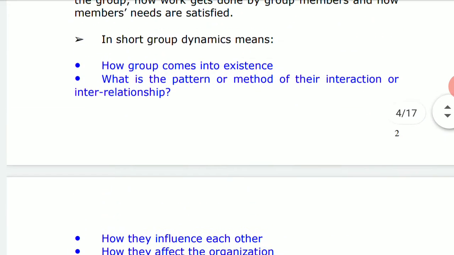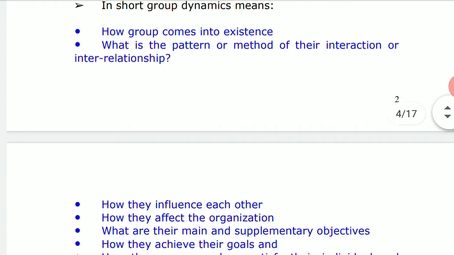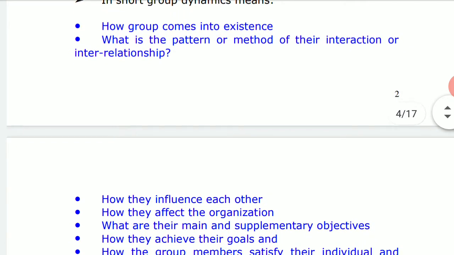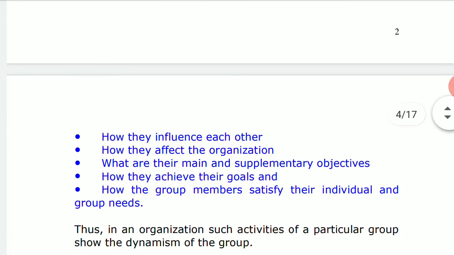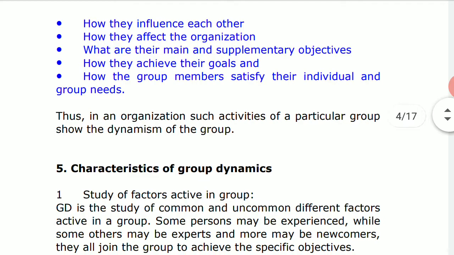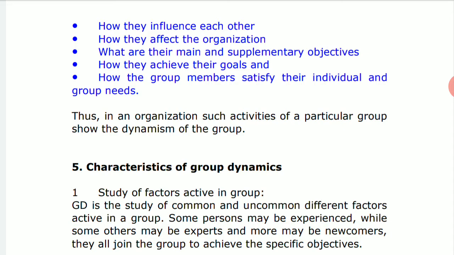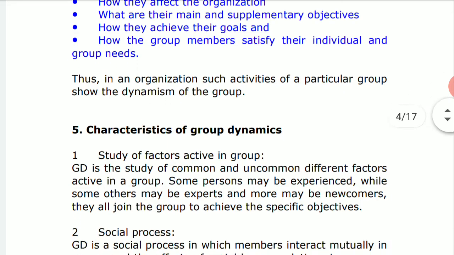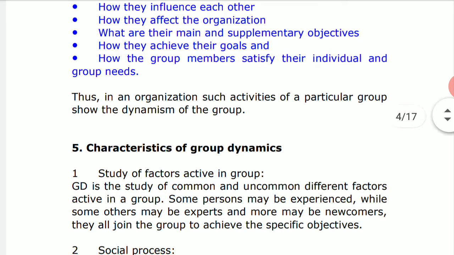So in short, if we try to sum it up, what is group dynamics, then we can say how the group comes into existence. Group dynamics means how the group comes into existence. How the group has been formed, what is the pattern or method of their interaction or interrelationship, what kind of interrelationship or interaction or conversation the group members have, how they influence each other, how they affect the organization, and the behavior, group behavior or organization behavior that develops from that influence,